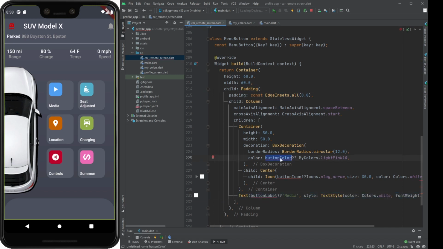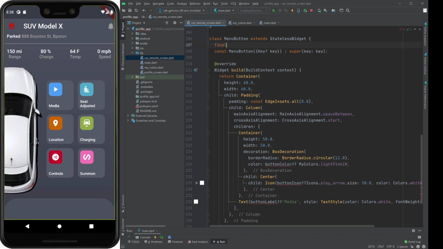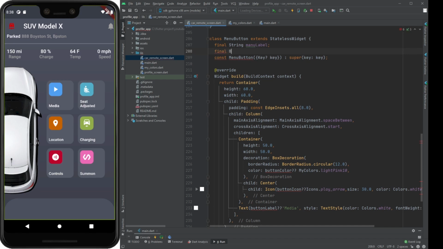We need this and replace this with the variable, final String menu label, and icon data should be menu icon, and I will create a constructor, set the menu icon